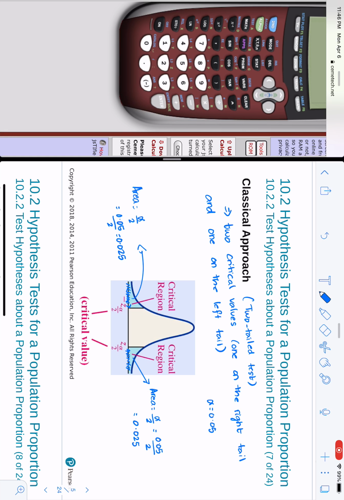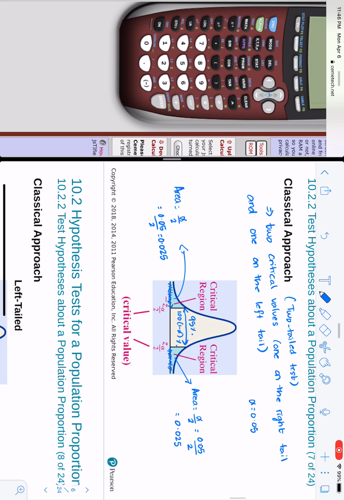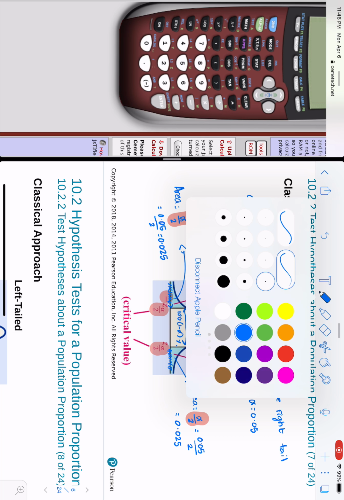If we set up this way, we end up having 95% in the middle. In terms of alpha, that would simply be 100 minus alpha percent. We denote the critical values as negative z sub alpha over 2, and it is alpha over 2 here because the area is alpha over 2, and it's alpha over 2 there because the area above the critical value is alpha over 2. We have a negative here because it's on the left hand side of 0,